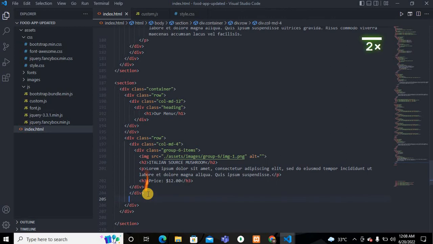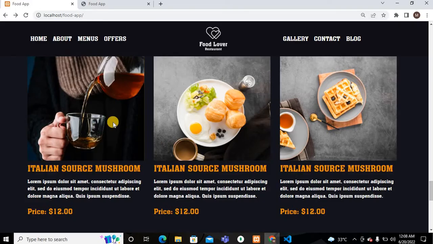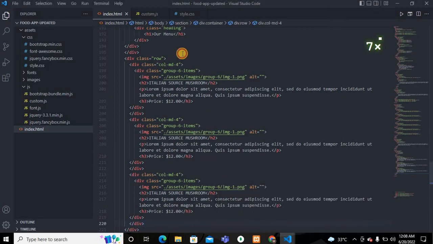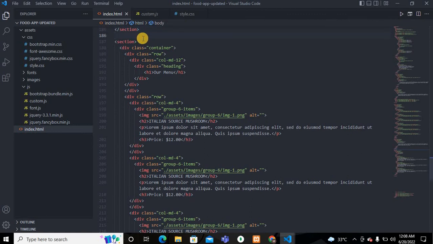Okay, and paste 2 times, so 1, 2, and 3. You can see here 1, 2, and 3 columns are there. Okay, so I will add one class here. I have added one class, and go to the